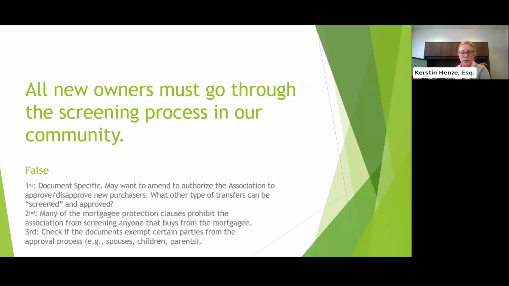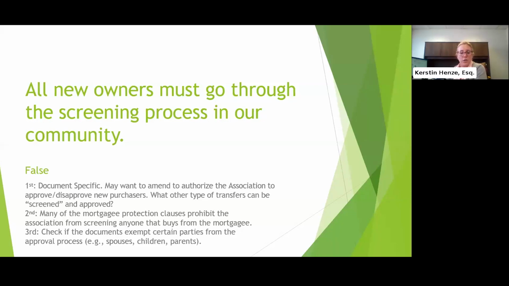Many communities require new purchasers or even tenants to go through their approval process before they occupy a unit. That might not be true for your community. That is something that's going to be very specific to your community and its governing documents. So you want to check your governing documents to see if you have language authorizing you to screen purchasers. You might want to screen tenants, or possibly guests or additional occupants. So check to see if you have that language in your documents, and if not, that would require an amendment.